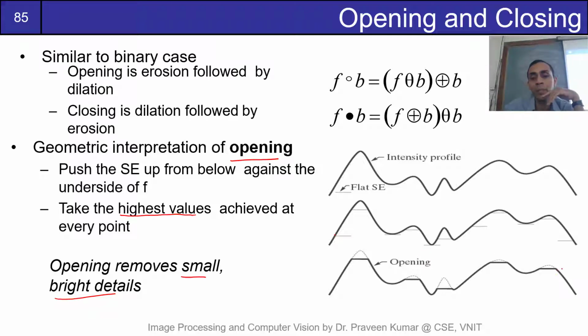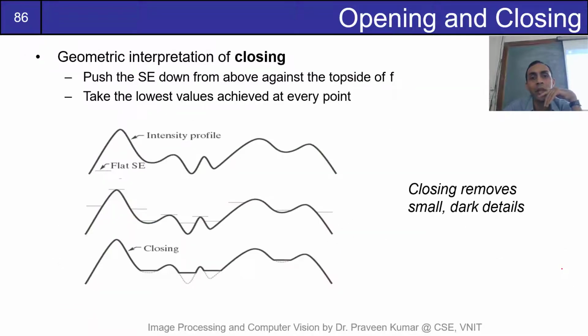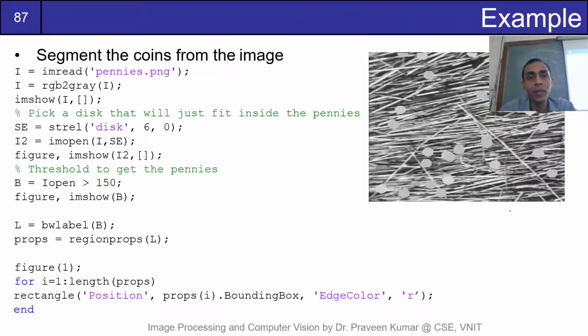So a clipping kind of effect will happen for an opening operation, and for the closing operation, it will be all reverse. In the closing operation, we'll push the stretching element from above, and at every point we'll take the lowest value. So effectively it will clip off the lower peaks from the bottom like this, and the result is that it will remove small dark details. So it has some applications. One of the applications that I want to show here,